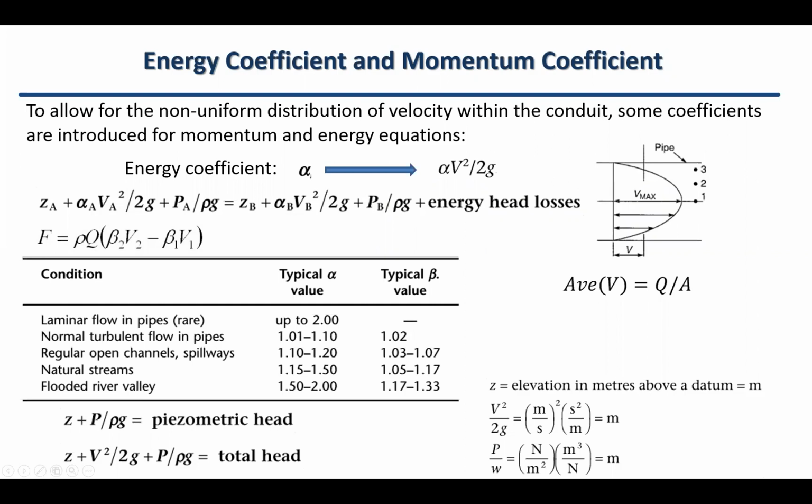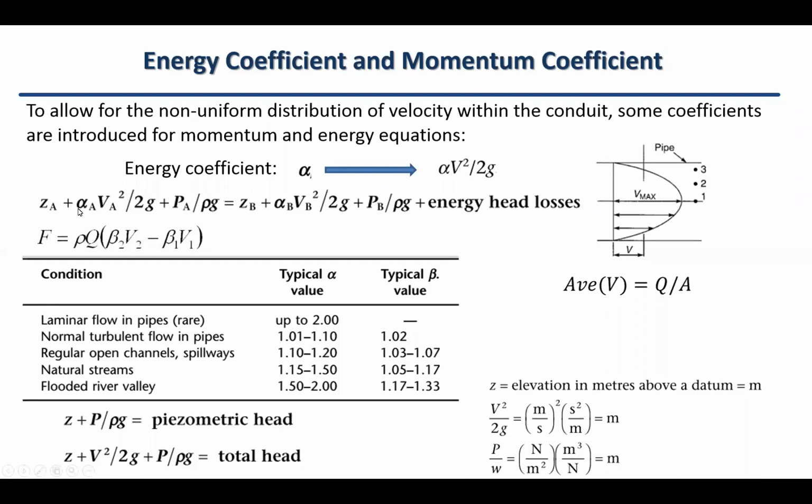So to allow for this non-uniform distribution of the velocity, some coefficients are introduced for both the energy equation and the momentum equation. For the energy equation, alpha is used as a coefficient of the velocity head: alpha V squared over 2g. If the beginning and the end are not the same pipe, you probably need to use alpha 1 and alpha 2 to calculate that. So if you have Bernoulli's equation,